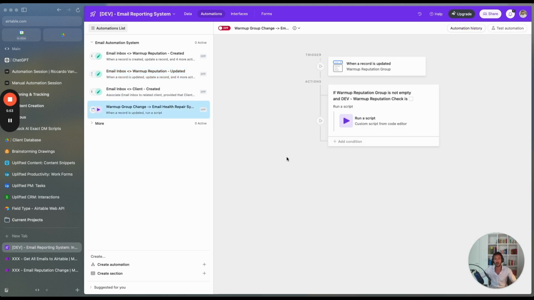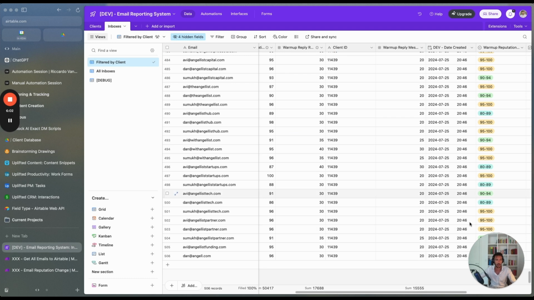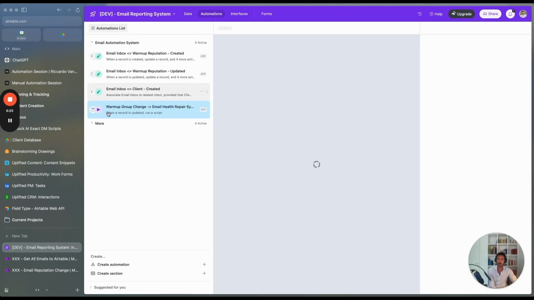And the part where we need to change the settings is only triggered if the reputation group changes. So we don't change the settings all the time. We only change the settings if, for example, we have a warm-up status which is 100 and goes down to 94, then the automation triggers a change in the warm-up reputation group, and then this triggers